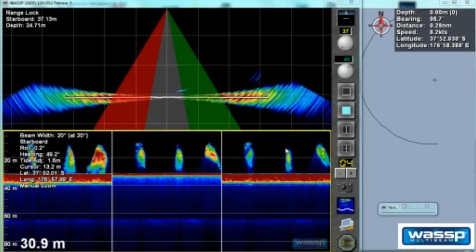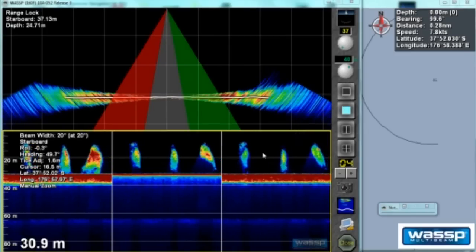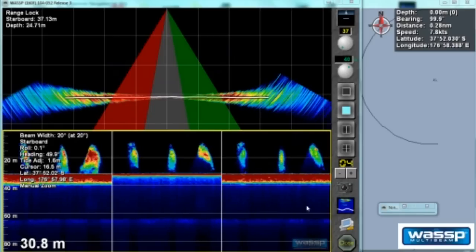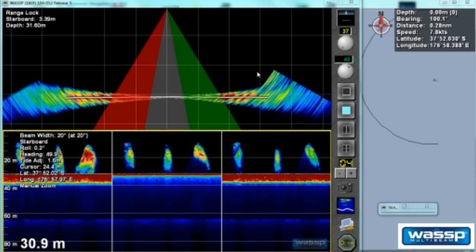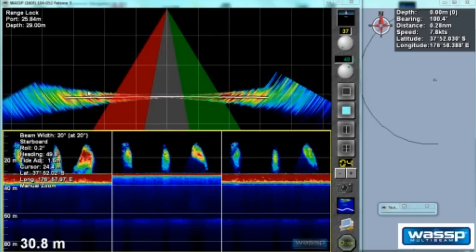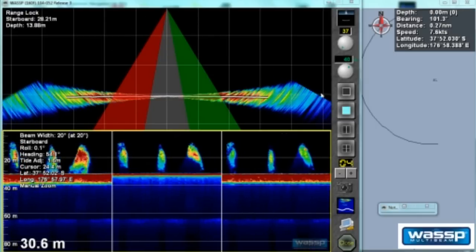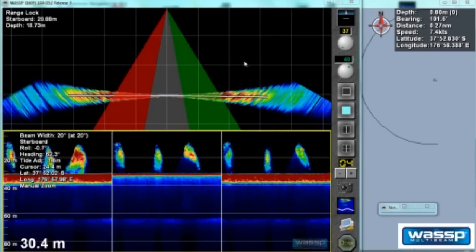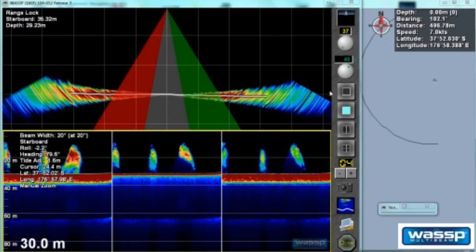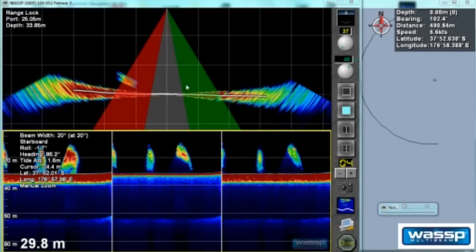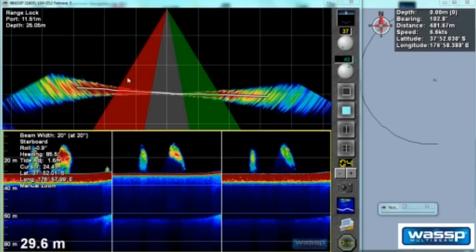Today we're looking at the WASSP WMB-160F, and we're going to have a look at how it profiles a shipwreck. So here we can see this is our sonar view, which shows our water column from port to starboard, 120 degree swath made up of 112 beams. So we can see a very wide area of water column from port to starboard at any one time, and it's real time. We can see information in the water column, like you can see fish appearing now and again